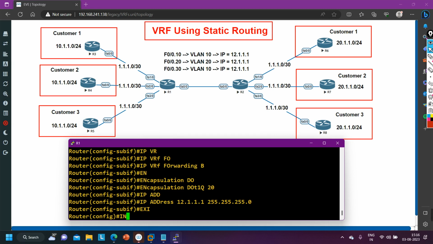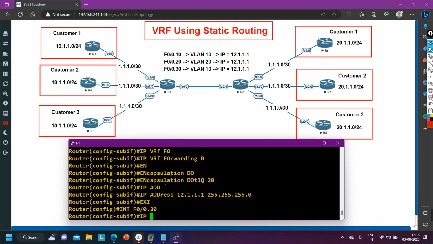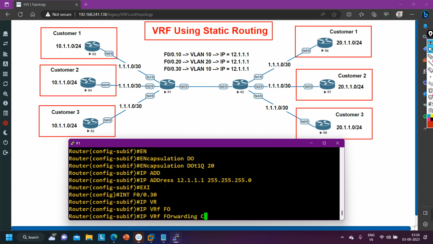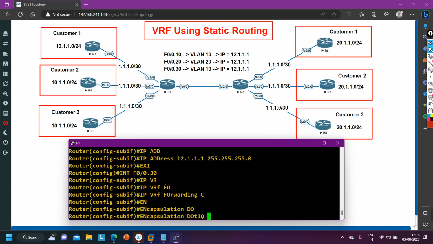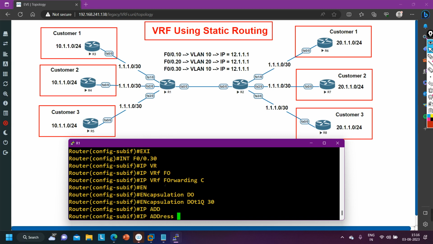Done. Then interface F0/0.30, ip vrf forwarding C and encapsulation dot1Q for VLAN 30, and let me assign IP address 12.1.1.1